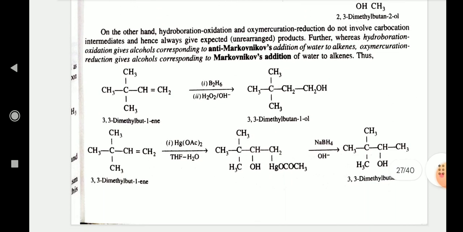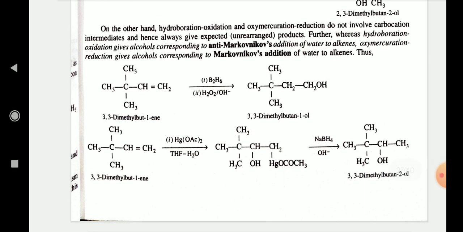On the other hand, hydroboration oxidation and oxymercuration reduction do not involve carbocation intermediates and hence always give expected products. Further, whereas hydroboration oxidation gives alcohol corresponding to anti-Markovnikov's addition of water to alkenes, oxymercuration reduction gives alcohol corresponding to Markovnikov's addition of water to alkenes. Thus,